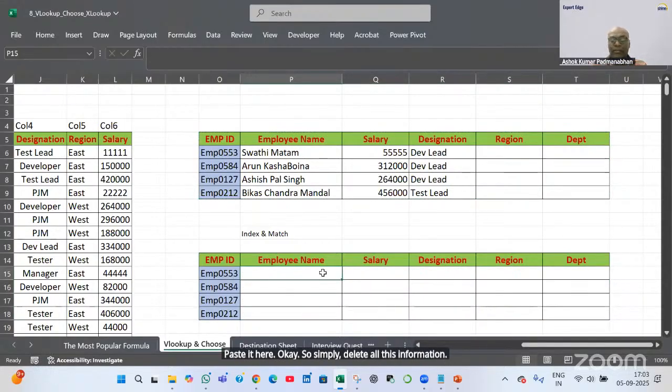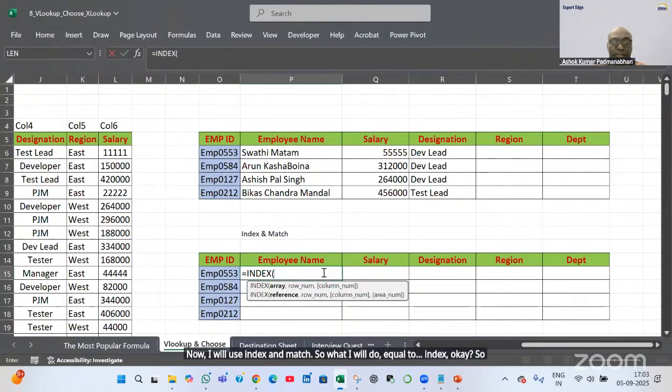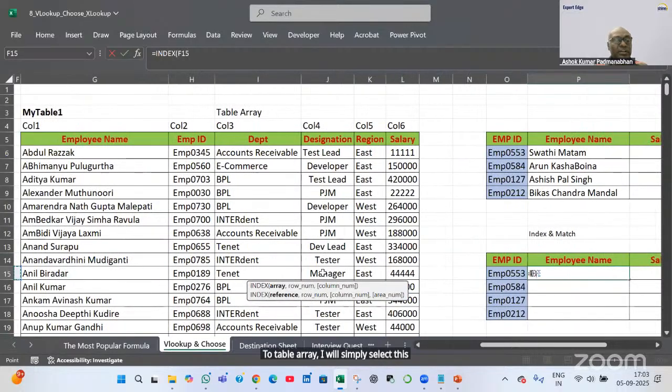Now I will use INDEX and MATCH. So I type equal to INDEX. INDEX takes three parameters: an array, row number and column number. That's all. So no need to worry whether the lookup column is on the left side or middle or in the extreme left. I simply know the table array, so I will simply select this table array,